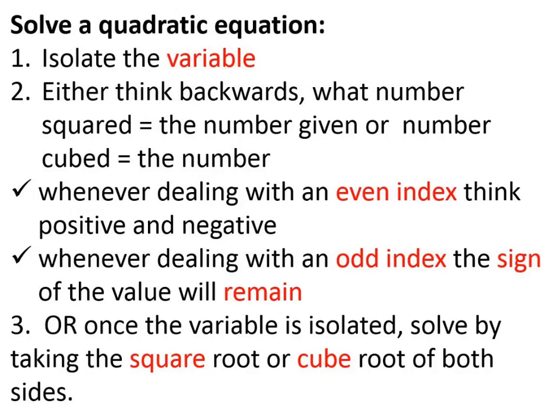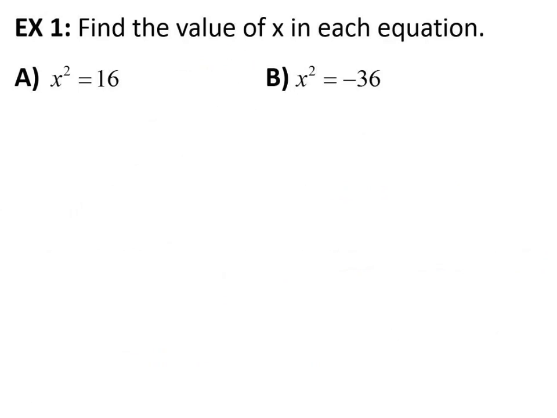And step 3, once the variable is isolated, we solve by taking the square root or the cube root of both sides. So we're going to go through this example and we're going to use these steps along the way. So looking at our first example,